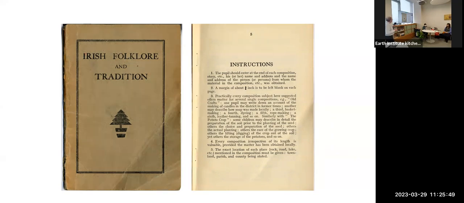primary school. So they developed, at least the Commission did, an instruction manual for teachers. Getting the teachers involved was key to this whole project, absolutely vital. And the Commission were very sensible in how they approached that. They organised public meetings with the INTO and explained to teachers exactly what this would be. Limits were set on it, so it was recognised as being not an additional burden of work on teachers, but that it would form part of the school curriculum for the school year 1937 to 38.